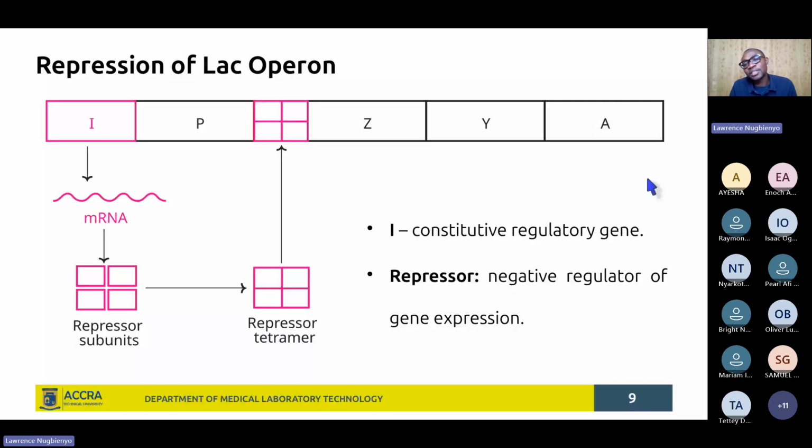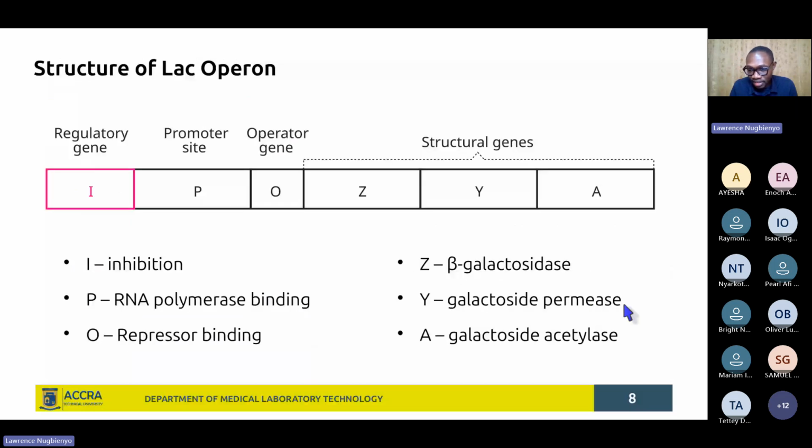That will then go further into the process of translation to produce the proteins from the regions Z, Y, A, those structural proteins. The beta galactosidase, the galactoside permease, and the galactoside acetylase. They will not get